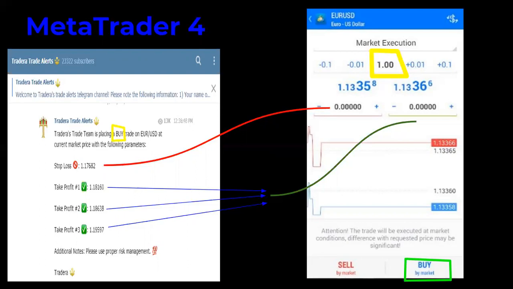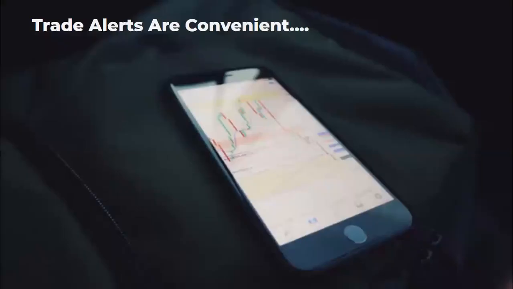Also, trade alerts are convenient. They are very, very convenient. But again, just because you receive an alert, that doesn't mean that you have to execute on every single trade. You want to leverage alerts as a supplement to your education, meaning that